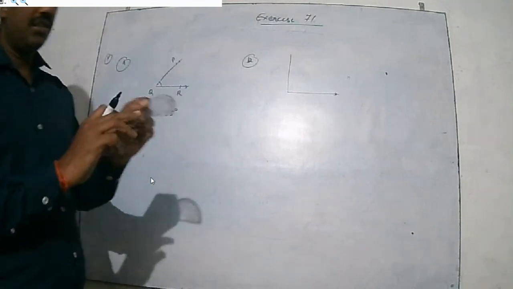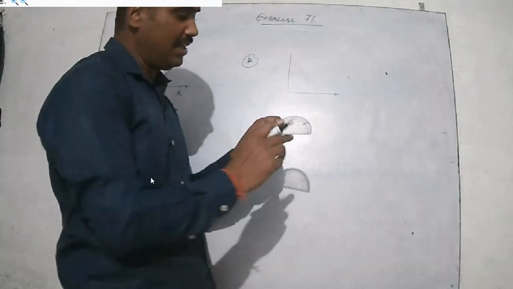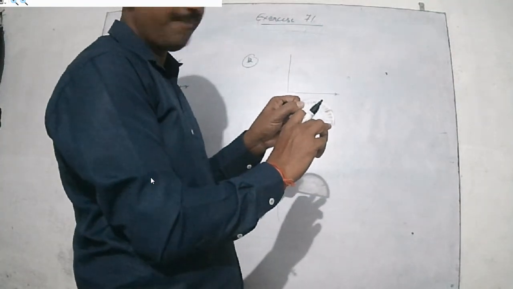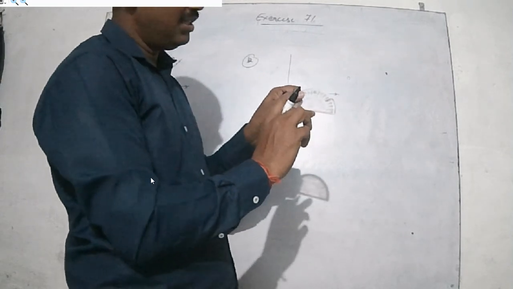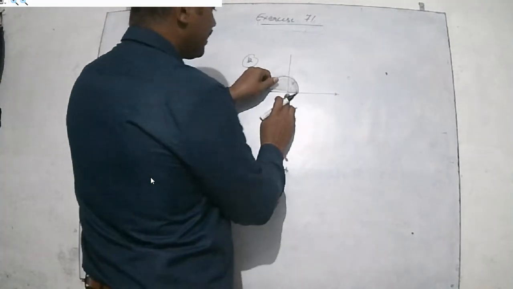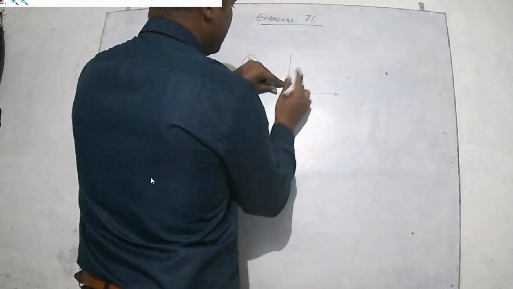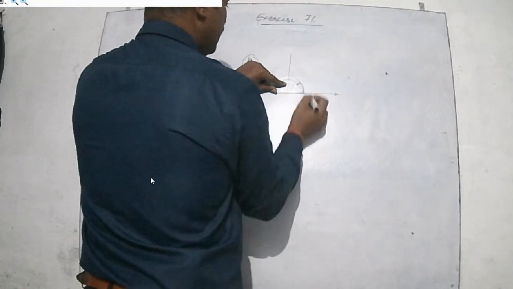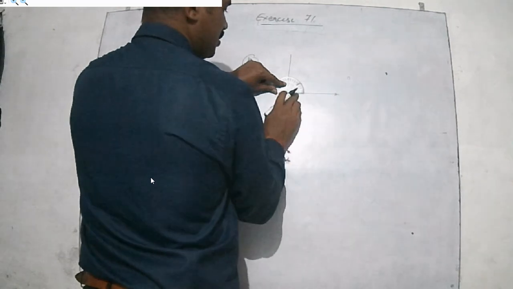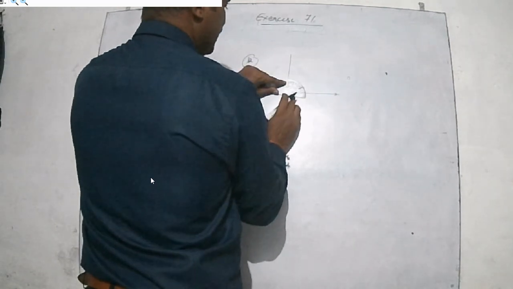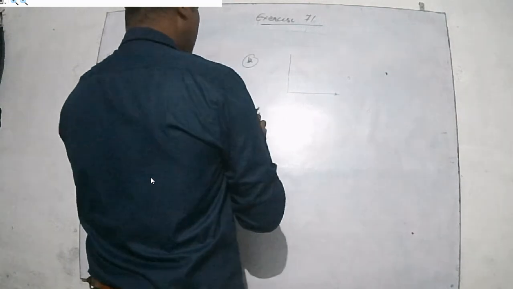Here this is our protector. Here you see they have a midline and this is the baseline. Here you see 0 is there. This is our baseline. You have to keep the protector like this, and here this one goes, you have to keep this one, and after this measure it. So by measuring it you get how much?